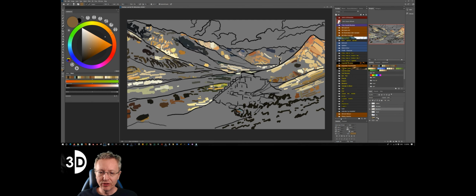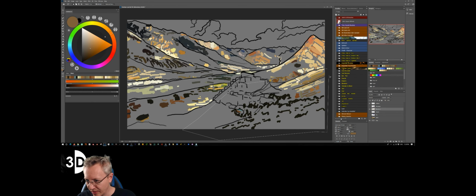When I was doing the mountains, I made a mistake and I started putting colors into a different layer, the monastery layer. If that happens to you, don't worry about it. You can simply make a selection. You can use the lasso tool or the polygonal lasso tool. So in my case, I'll make a selection of the foreground, the layer which I want to belong to the monastery, and that's